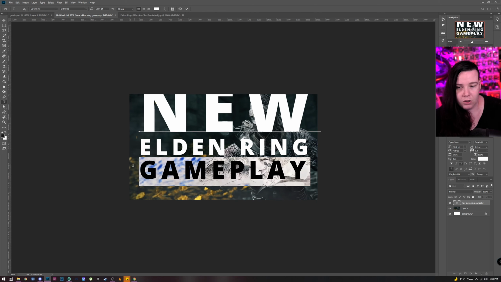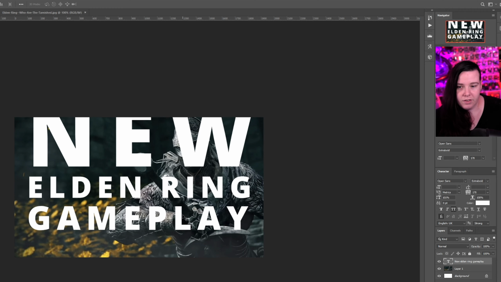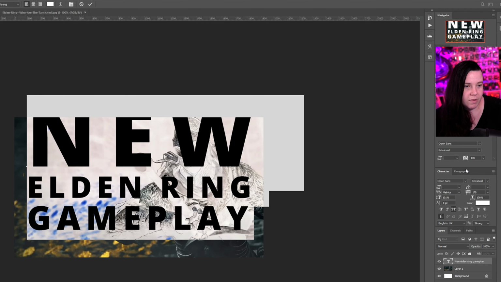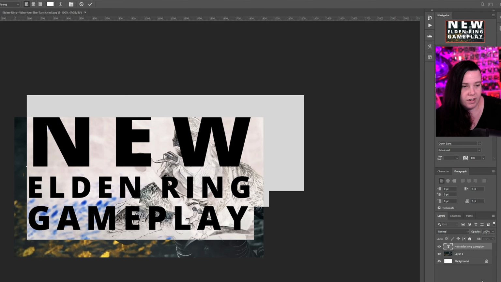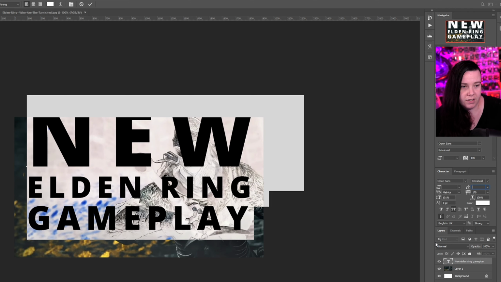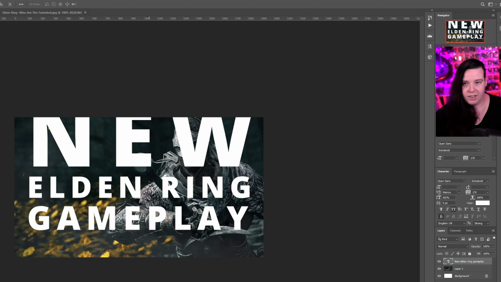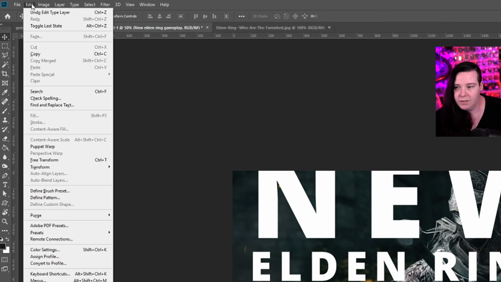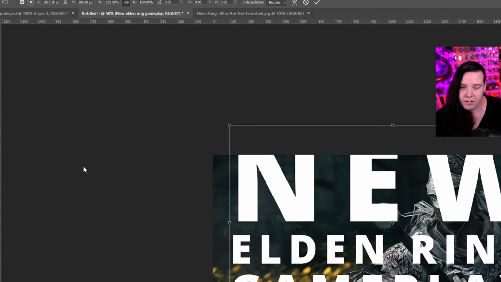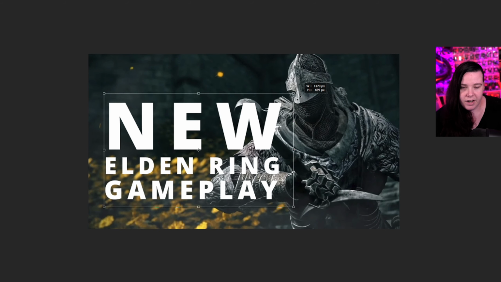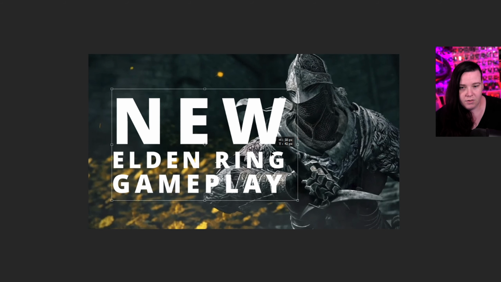So that's a bit close to that line, so I just highlight that and we just want to bring it down just a touch by itself. So that's looking pretty good. We also want to make sure that it's all aligned to the right, and it is, so that's perfect. And now you can see that it's too big, so I just scale it all down to make it easier for ourselves. We want to go to free transform here, and we just want to scale it down until it